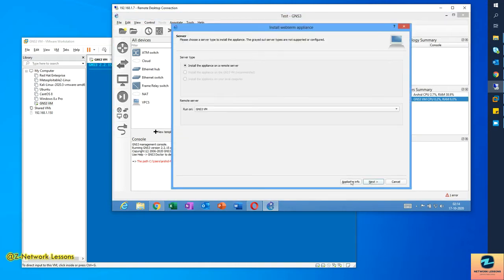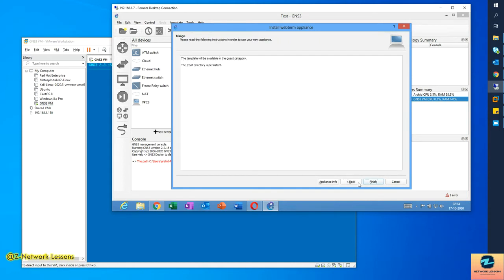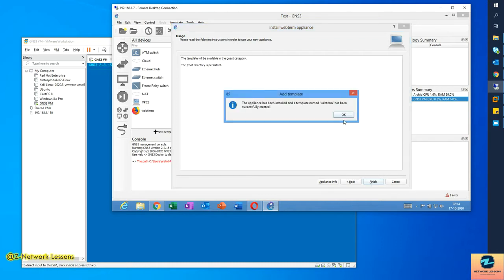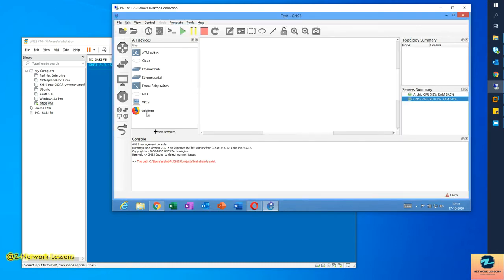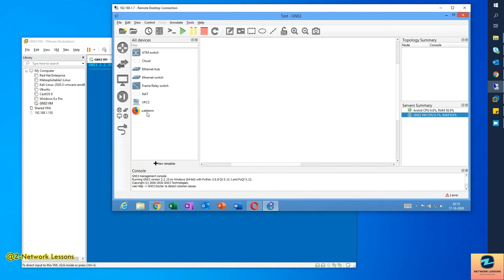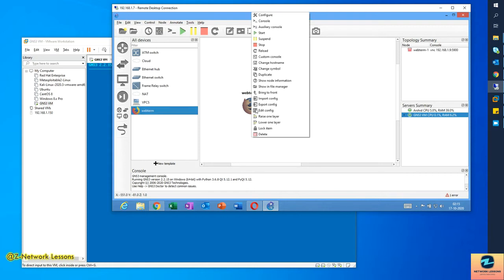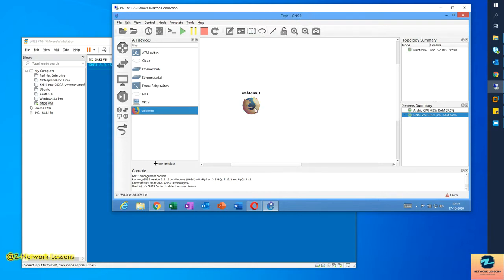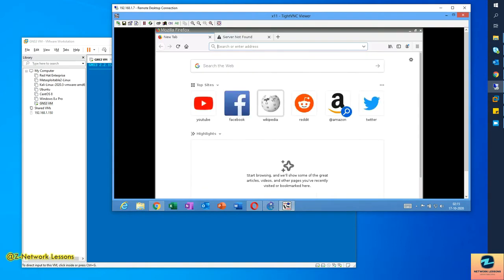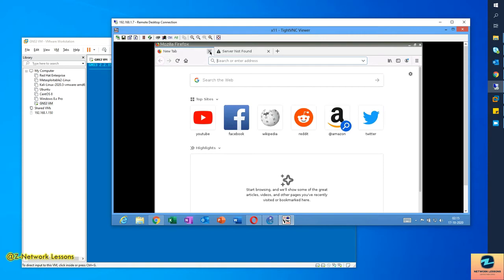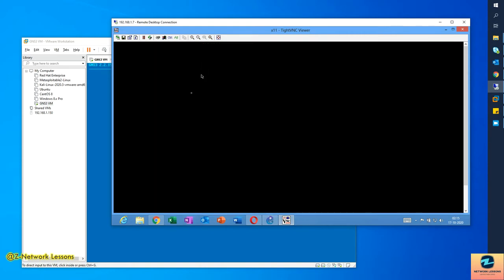This is a Docker, in the sense it's a small container. It's not a full-blown OS. I mean, it is based on Linux, but it has certain applications in it. It is very light, so in case you want to access the GUI of certain devices like your firewalls or your load balancer, you can use this. So you can go here and then just turn this on, and now you can just double click and it will start this on the VNC, and this has only the browser. Okay, so if you close the browser, you get other options.